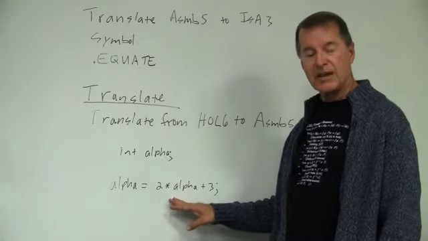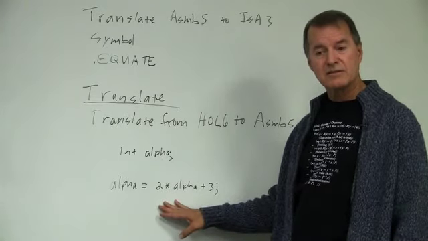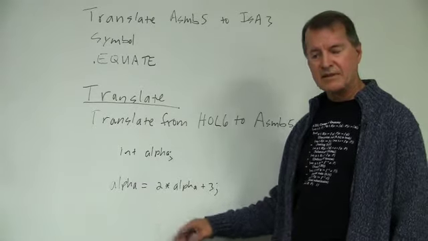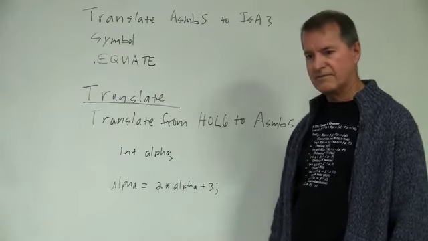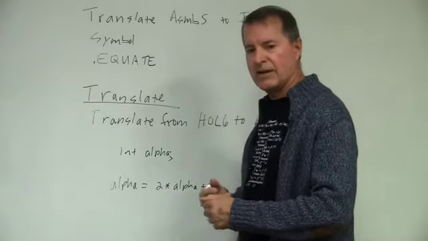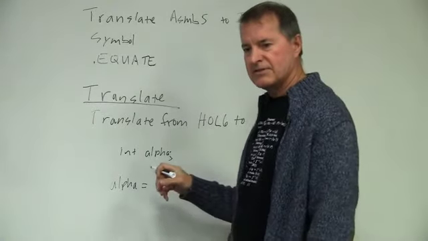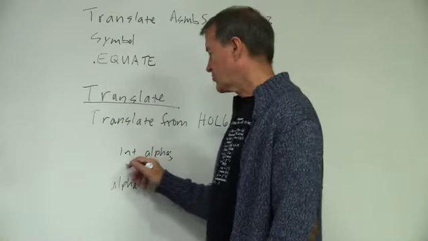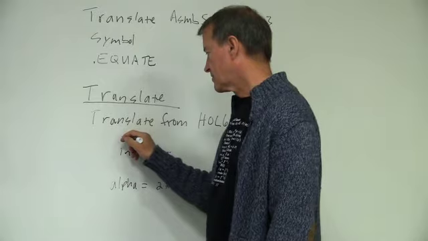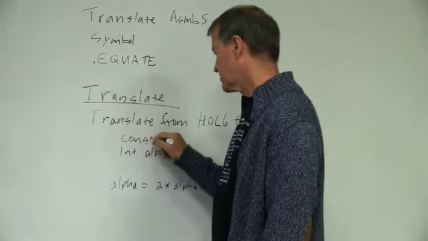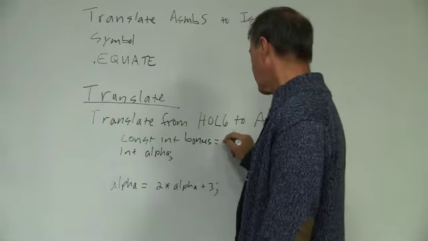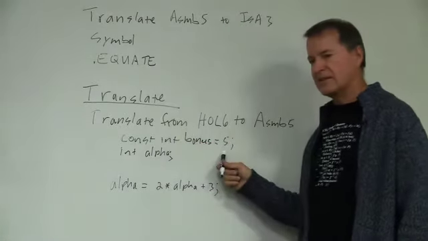Is everybody clear on how to do that? Now, do you remember how we did constants? It's a const, right? But how do you translate a const? Remember, in C++, what did we have? It was called bonus. Suppose you wanted a constant 5 in C++, you'd say const int bonus equals 5. So how would you translate this?